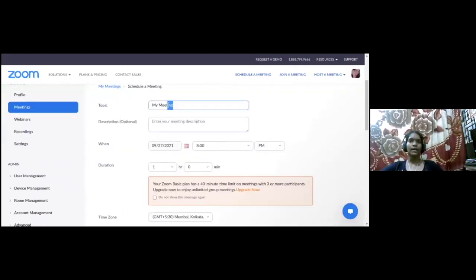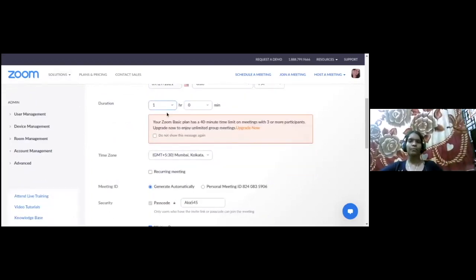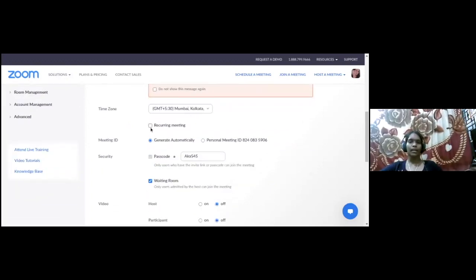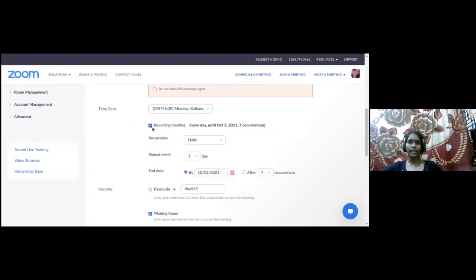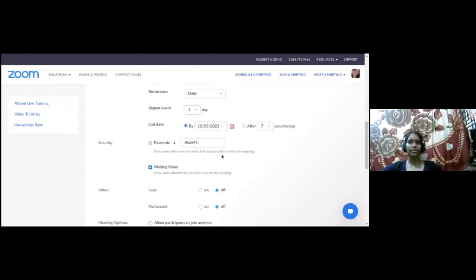If you are handling an English session, you can put English grade 7 classes or English grade 4 sessions. The description is optional. You can provide the date of the event and the duration, add the time zone, and if it's recurring, you can click recurring. The meeting link will then be recurring, and you can use it anytime.